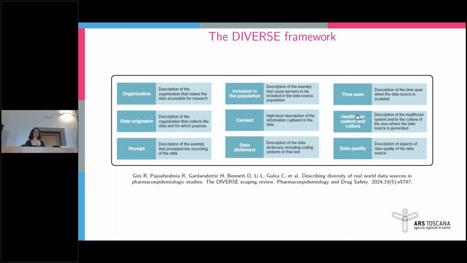The healthcare system and culture, so how is it that the guys who have type 2 diabetes go to primary care? Can they do that? Is that something that they are allowed to do, that they would do easily? Or do people that would vaccinate do that more easily than people who would not vaccinate? How is that? And then data quality, but data quality for their primary purpose, which is not our purpose, right? So these are the 9 dimensions of diverse,